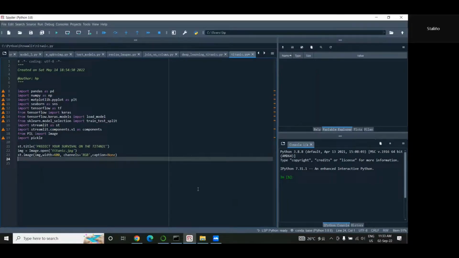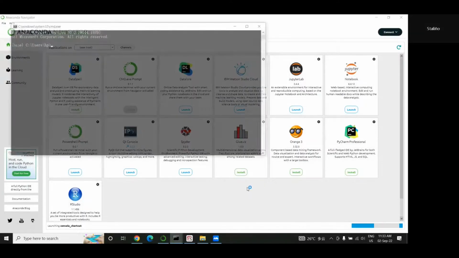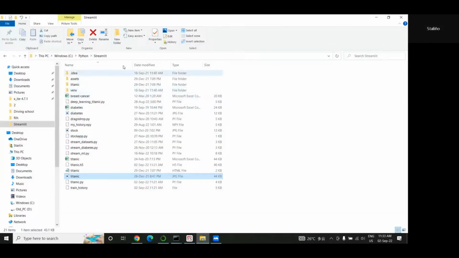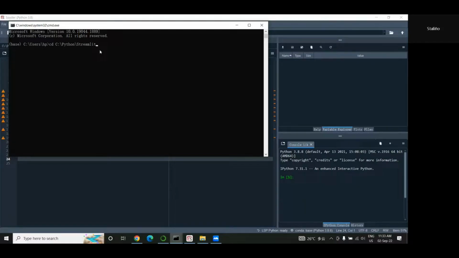web app, we can go to our command prompt. I'm using Anaconda, so I'm just gonna open my command prompt like that. I'm gonna copy and paste the directory of my web app. Then in the command prompt, cd into the directory. Okay, I'm sitting there. And then to run the web app, all you have to do is say streamlit run. My Python file is called titanic.py. So I'm just going to run streamlit run titanic.py. Hit enter,